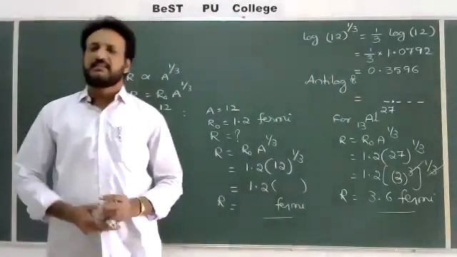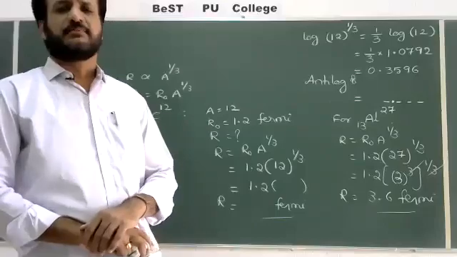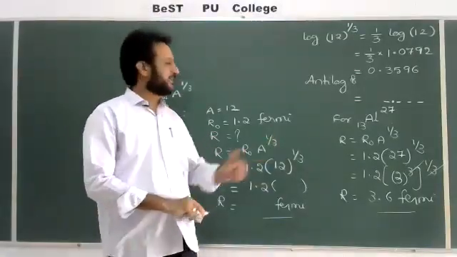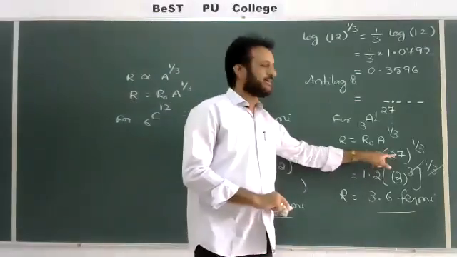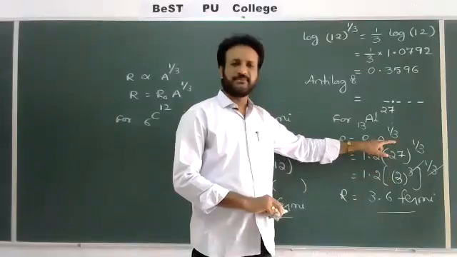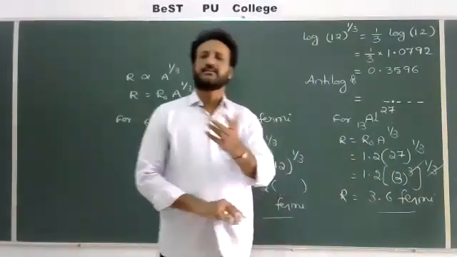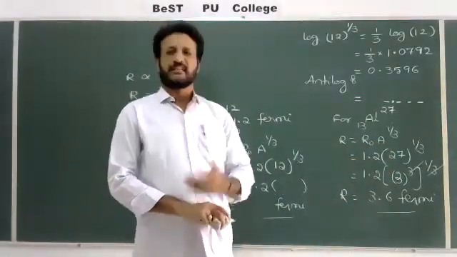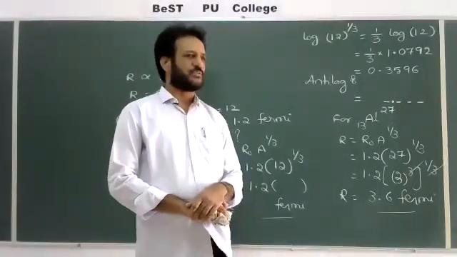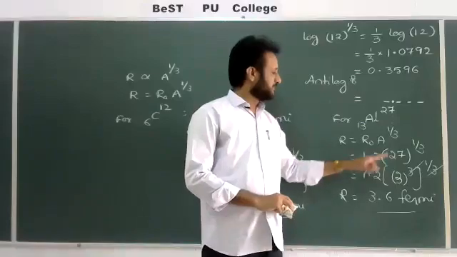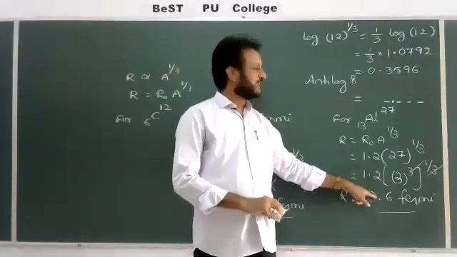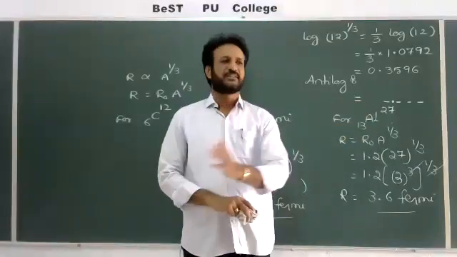Generally in competitive exams, they will mostly give problems without using logarithms, or we have to take rough calculations. For example, the cube root of 27 is 3. If 8 is given, the cube root of 8 is 2, since 2 cubed is 8. So 8 gives 2 and 27 gives 3. Then the cube root of 12 must be between 2 and 3.